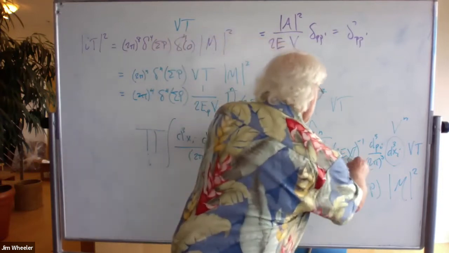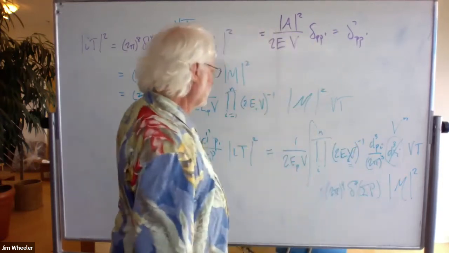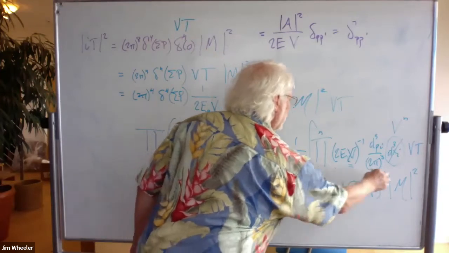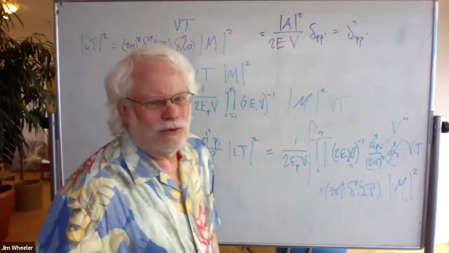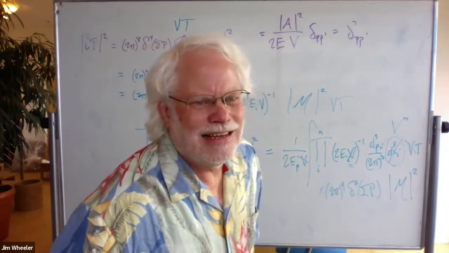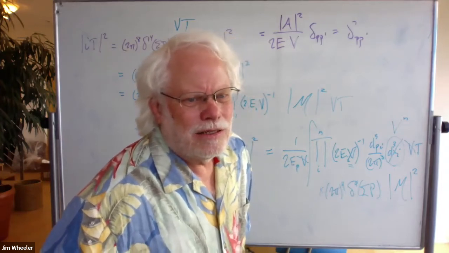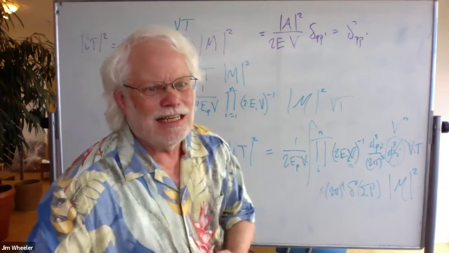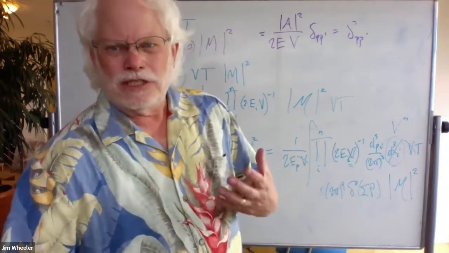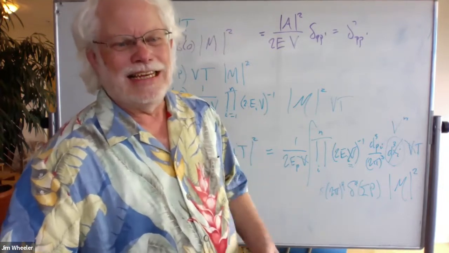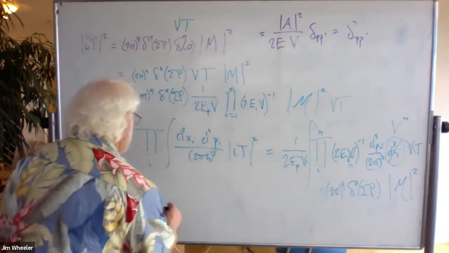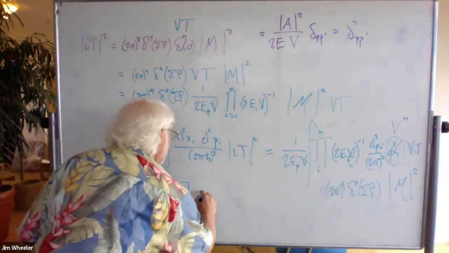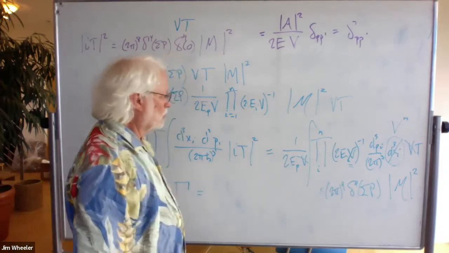So that is going to cancel the x integral. Then this V cancels with the VT. And so the rate is then just this total probability for decay per unit time. All I have to do is divide by the time, and we get the total rate gamma is equal to,